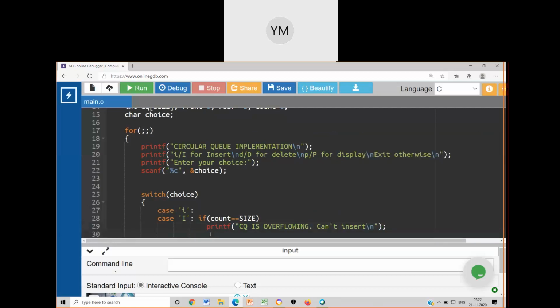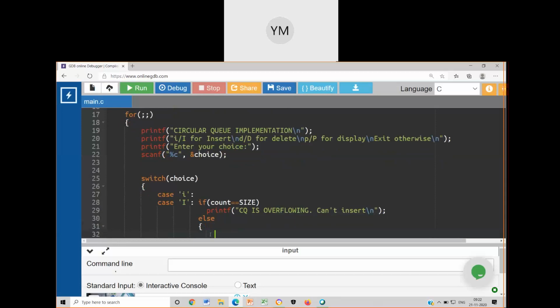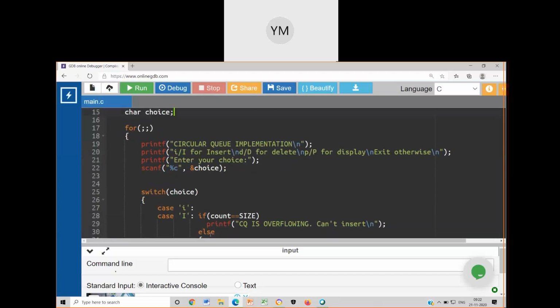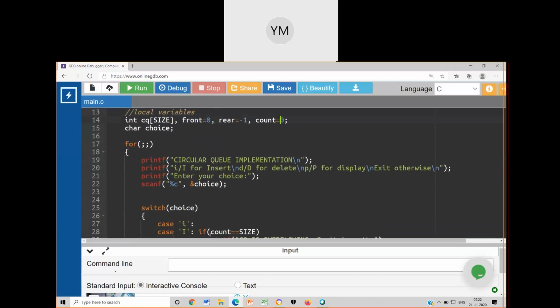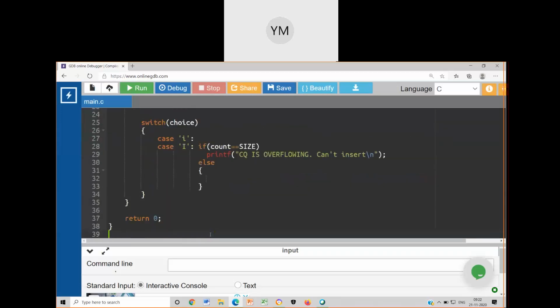Otherwise, if not, then read the element. So let me declare element and come back.